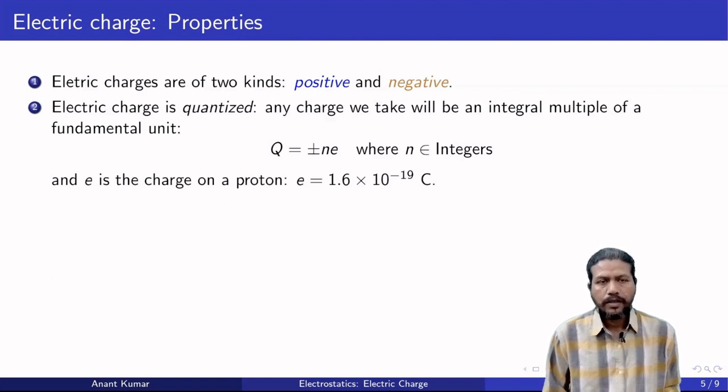Charges are quantized. However, most often we shall be dealing with them as if they were just continuous bodies. Fine. However, you must remember that the charge is quantized, and any charge we take, Q for example, will be either plus or minus. As I said, there are two kinds. So the charges will always be some integer multiple of a fundamental unit, which is this e, the charge on an electron, and